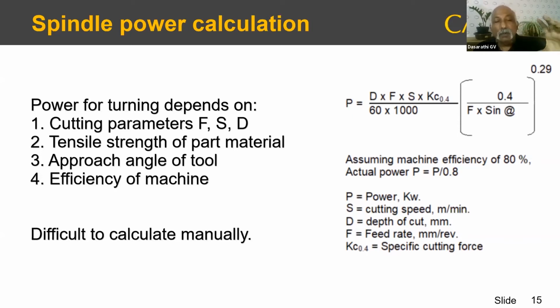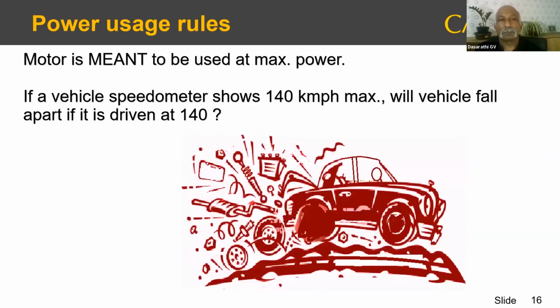But essentially, you have mechanical losses. If I generate 10 kilowatts at the motor, maybe I'm only getting 8 kilowatts at the chuck. It depends on your mechanical efficiency. A very expensive machine with a very high class of bearings and belt and so on will have much higher mechanical efficiency. There are really cheap, low-cost machines where the mechanical efficiency is as low as 60%. That means 40% of your power available at the motor you've lost by the time you come to the chuck. So this is also taken into account when you calculate the spindle power. This formula gives you the theoretical cutting power, then you convert that into the required spindle power.